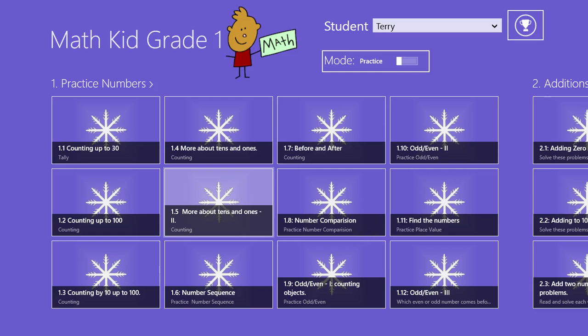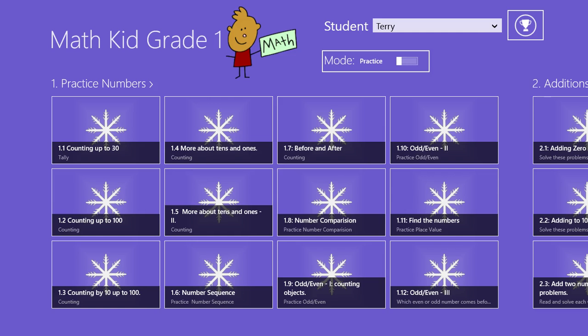What I wanted to do was to show you an idea of how I would utilize this in my classroom for a student who would be struggling. As a first grade teacher, it's common for some students to come in from kindergarten who would be struggling in the practicing numbers aspect. So counting and just number identification. So the first thing that I wanted to do was to show you how we go about setting this up